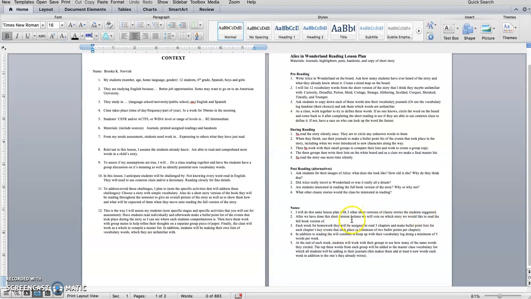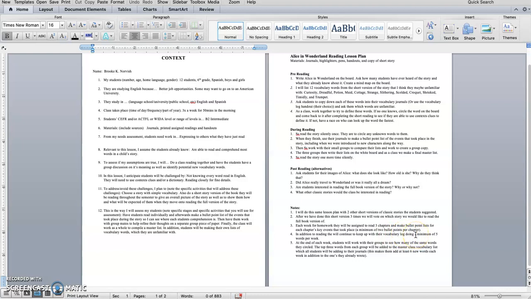And by the time we've completed doing this short version 3 times, they will now have the skills to feel confident enough to do this on their own. And that's really important to me, is to make my students feel confident in their own abilities. So I would then assign one of these stories, the full book version,